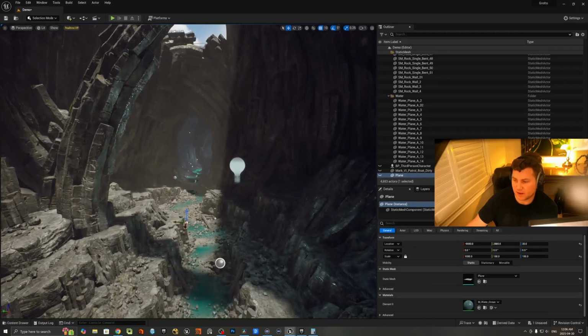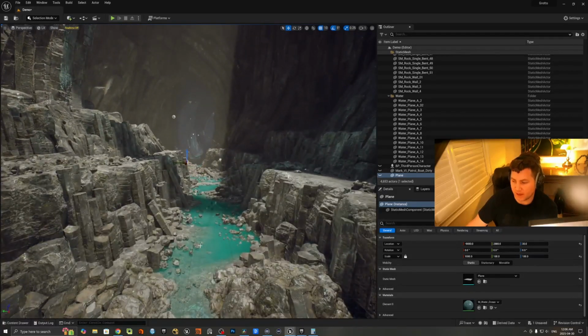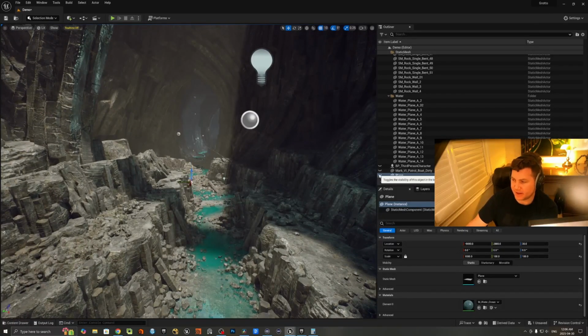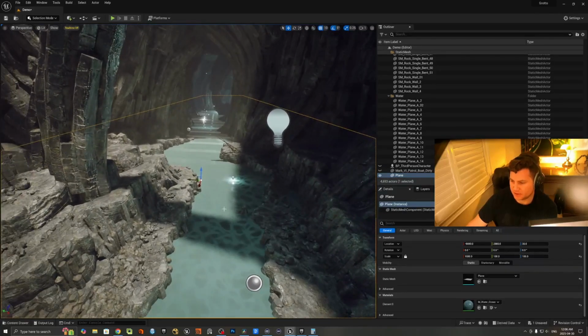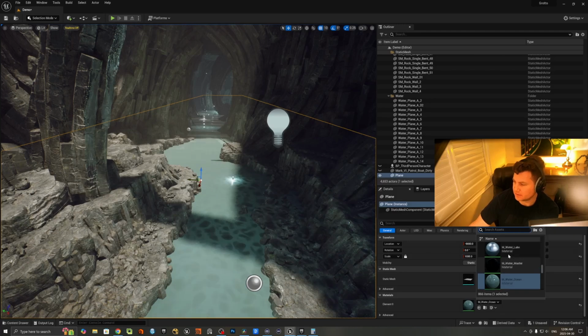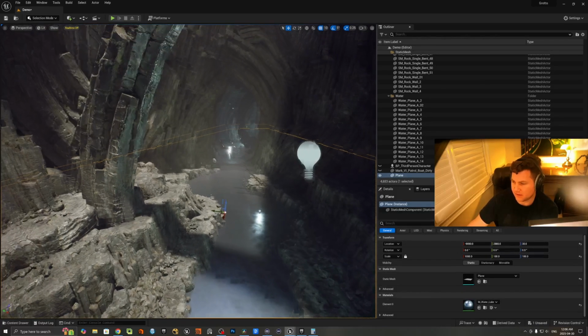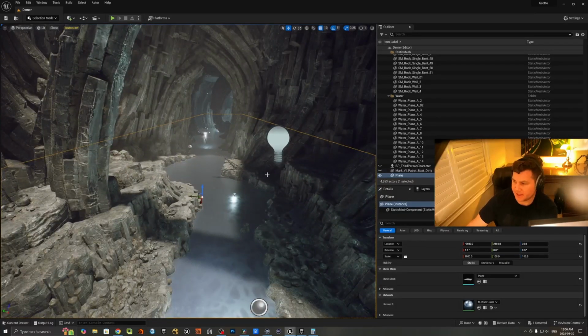Anyways, so I have this cave here, and this water came with it. What I did was I just added in a fake water plane here, and I just put some water texture on it, just ocean water. Doesn't look very good, but let's try the lake. Yeah, the lake might look a little bit better. But anyways, the point is that if I were to go ahead and